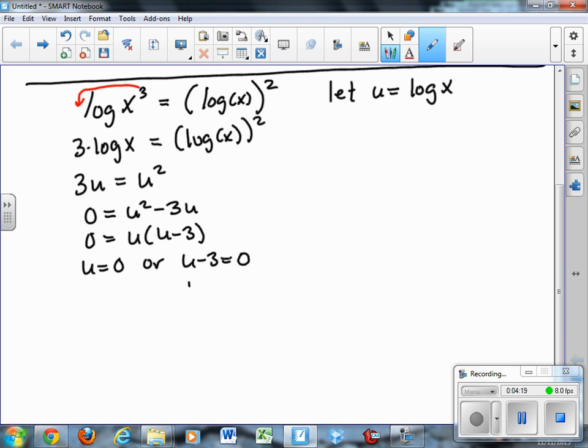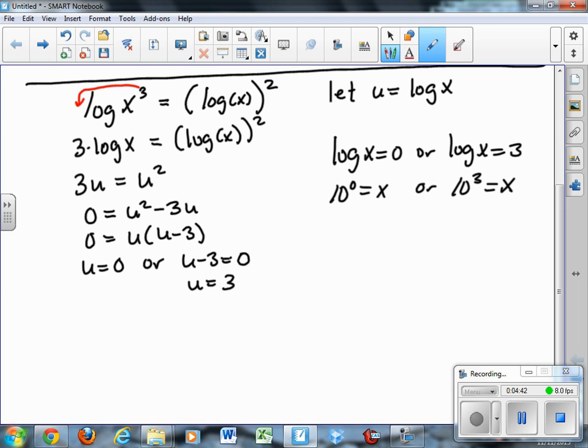So I have two possible values for the variable u, but u equals log x. So that means log x is equal to 0 or log x is equal to 3. Since this is a base 10 log, that means 10 to the 0 equals x, or 10 to the third equals x. So my two solutions are 1 or 1,000. Neither of which makes the argument equal to anything inappropriate, so we can say,